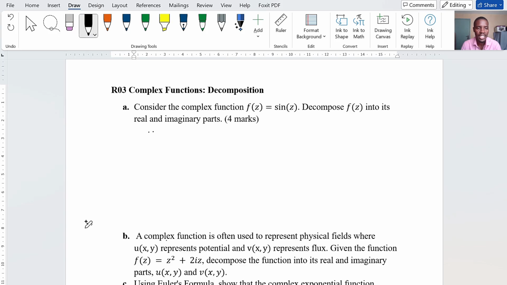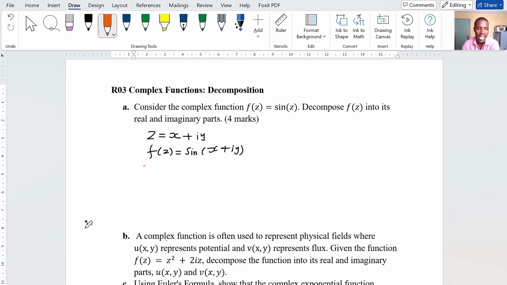So the first thing, let's define z. z is x plus iy. That's the first thing. Now, let's substitute z. So f of z will be equal to sine of x plus iy. Now, we have a property of trigonometry that says,